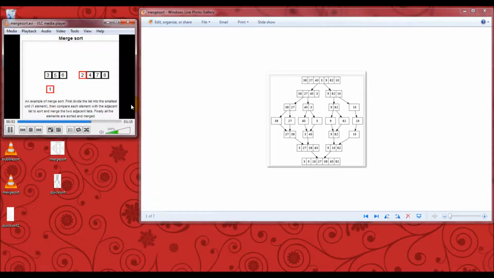1 and 2, 1's going to come down. 3 and 2, 2's going to drop down. 3 and 4, 3's going to drop down, then 4. 5 and 7, 5's going to drop down. 6 and 7, 6 is going to drop down. 7, then 8. That last part ran a little fast, so you might want to slow down the video when